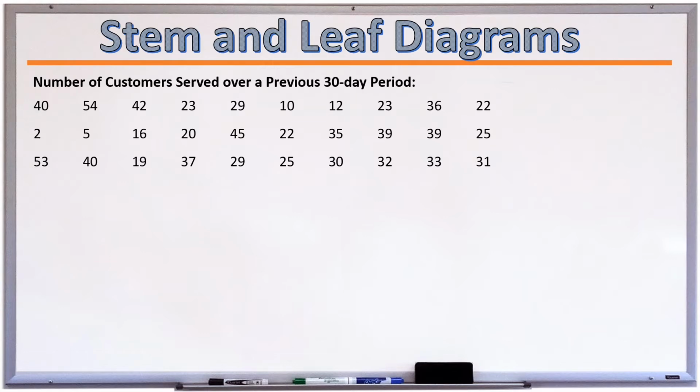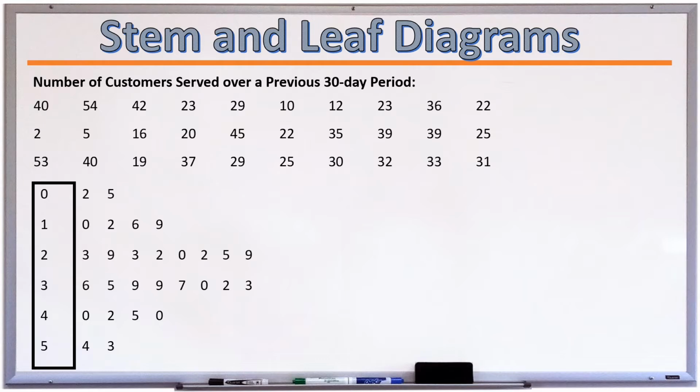Representing the data in the form of a stem and leaf diagram would yield the following. In this form, the first digit of each number corresponds to the row in which it is placed. For example, the numbers 40, 42, and 45 would be placed in the 4 row, and then only the last digit would be written down in that row. So this would yield